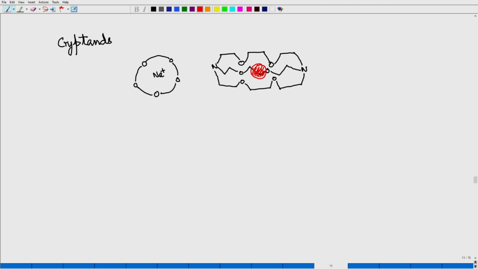When the metal ion is inside, it is known as a cryptate. A metal ion inside is known as a cryptate, and this is called a cryptand. Without a metal, this organic molecule is called a cryptand, and this is a cryptate. Now, the beauty of this molecule is that we can put donor atoms. Here are oxygen donors,